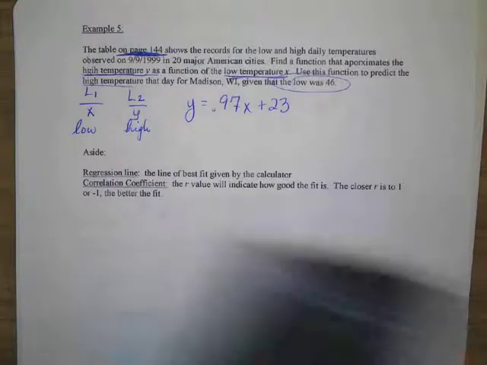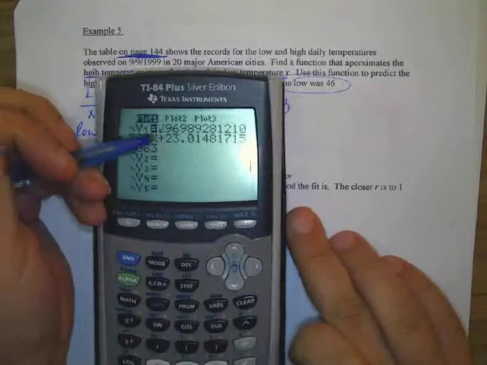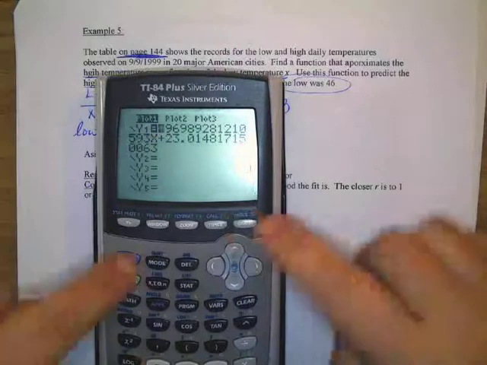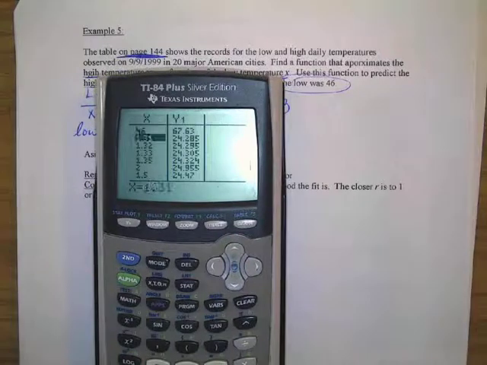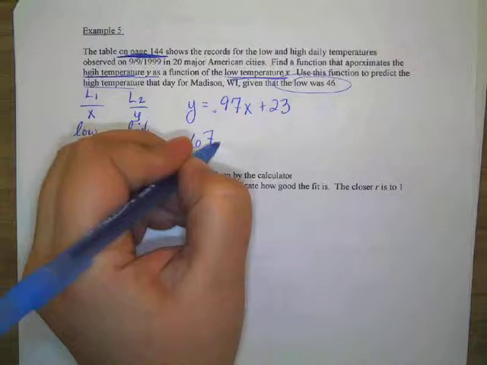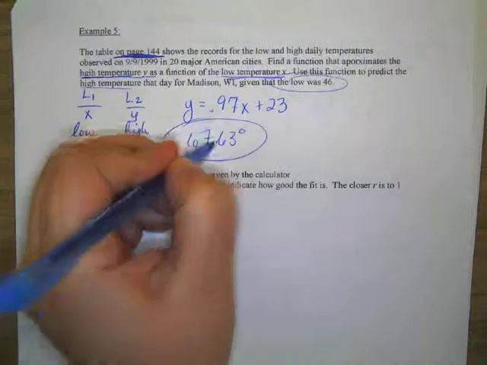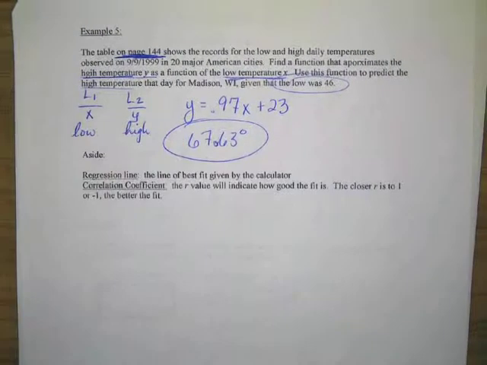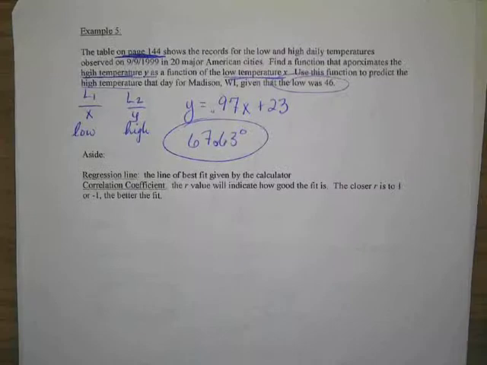Now, here's the nice thing. Because I made the equation go into Y1, I can go second table and just type 46. I don't have to do it by hand. Is that okay? Okay. So your high temperature would have been 67.63 degrees. All right. There it is. If you had a calculator issue with the regression line,